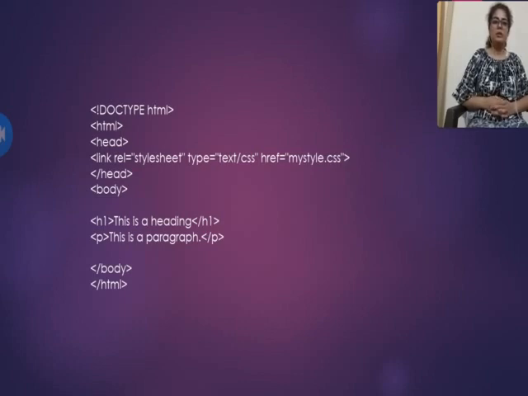Three types of CSS are available: inline, internal, external. Inline is when you have to apply a style on a single tag. Internal is when you have to apply a style on a single page. External is when you have to apply style on all the web pages of a website.